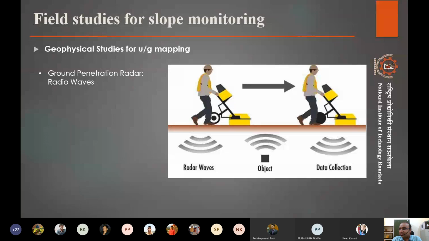So for those purposes, as well as for finding heavy materials that can reflect the radio waves very easily, we can use ground penetration radar work. These are simple equipment, handheld, like a trolley sort of. They can be taken up and moved around, and based on the kind of waves emitted from the emitter and what the receiver receives, we can predict what kind of material is there and where it is located.